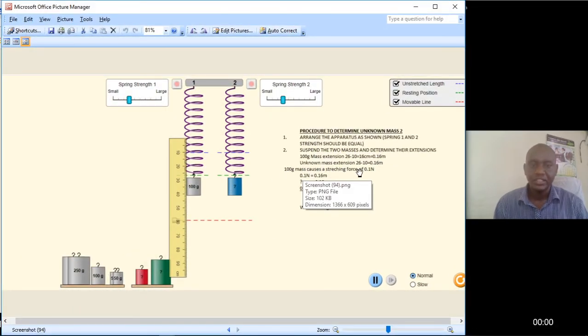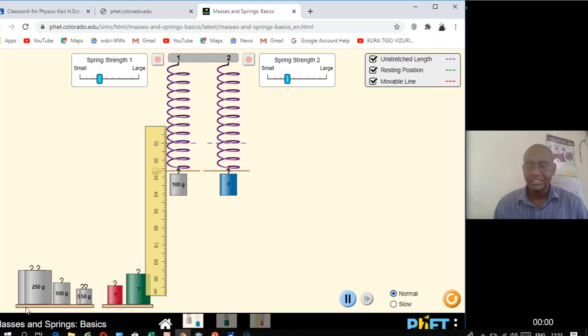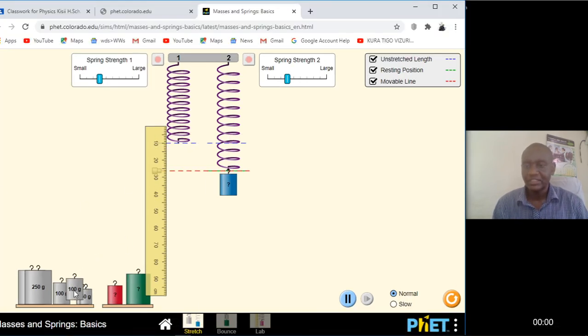A 100 gram stretching force of 0.1 Newton gives an extension of 0.16 meters. Then the unknown mass also gives 0.16 meters. When you calculate, both are giving the same stretching force, and therefore the unknown blue mass is 100 grams. Our last activity was getting